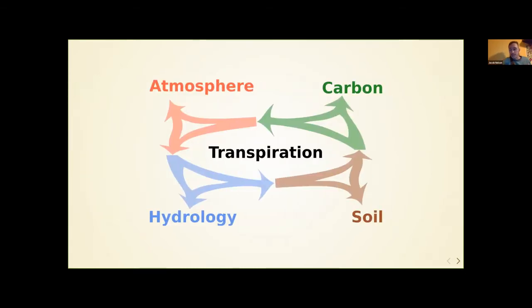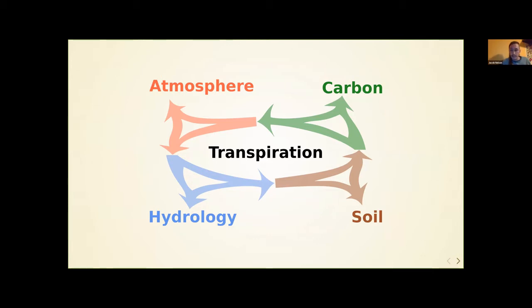And transpiration in particular, I think, is really important in the greater Earth system. It's the nexus between water and carbon for terrestrial ecosystems, because both water and carbon are going through the stomates. It's accessing deeper water resources, and so it's influencing soil hydrology. Also, how plants are using water influences the downstream water and what water is available for plant and for human use, and also atmospheric feedback. So it's really a central process in the Earth system.